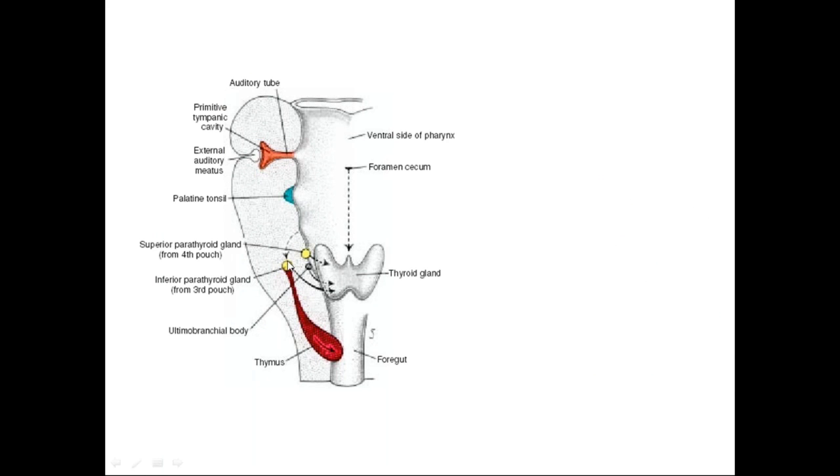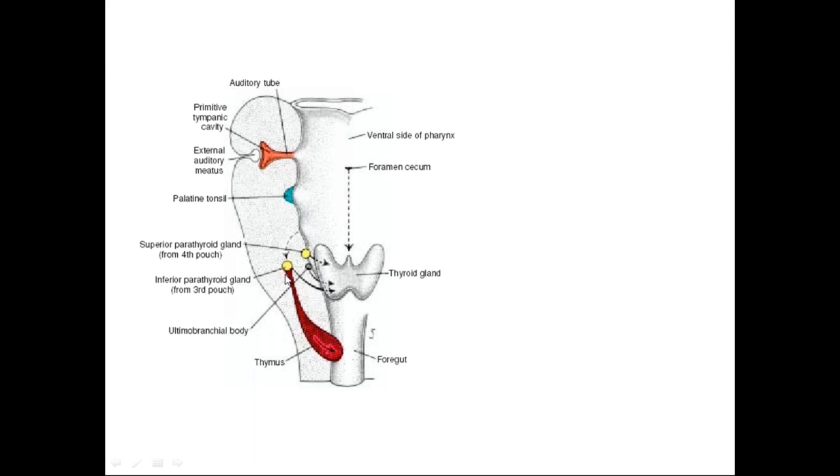The inferior parathyroid arises from the third arch, and superior arises from the fourth arch. From the foramen cecum, thyroid diverticulum develops, which forms the right and left lobes. As the thyroid gland develops, it comes to lie in its original position. So along with the thyroid gland, the inferior parathyroid will run down and superior parathyroid will occupy the superior part on the posterior border.